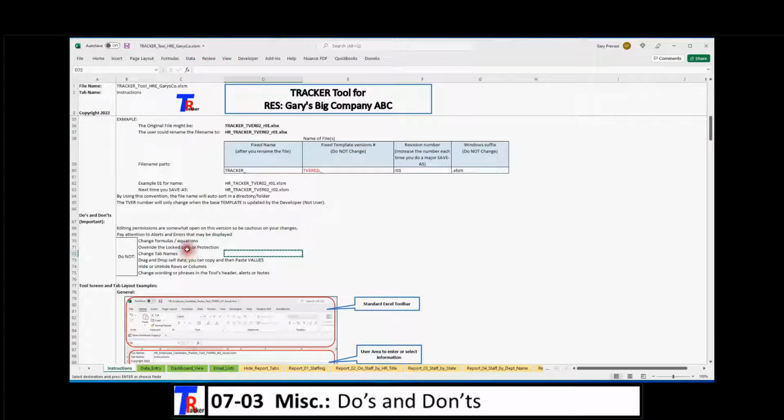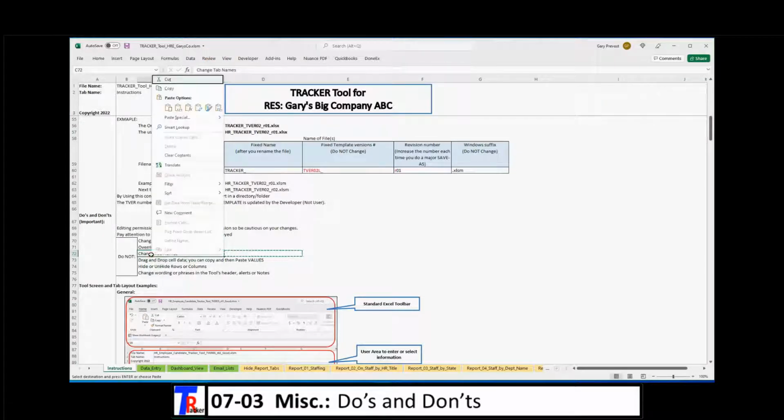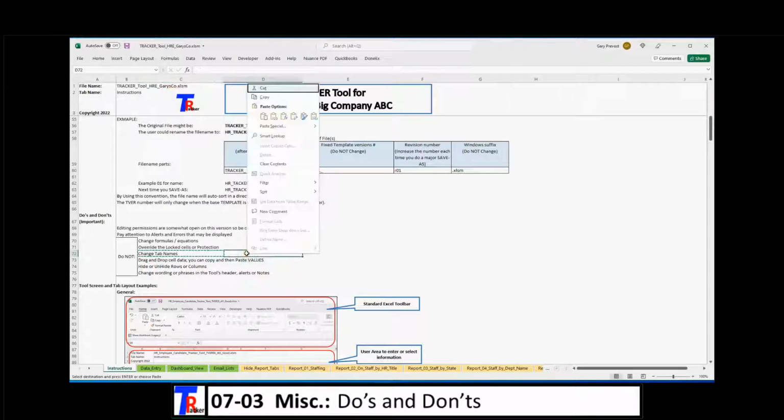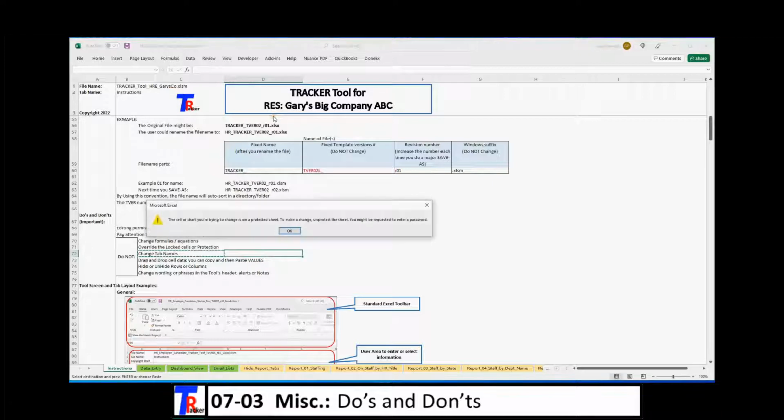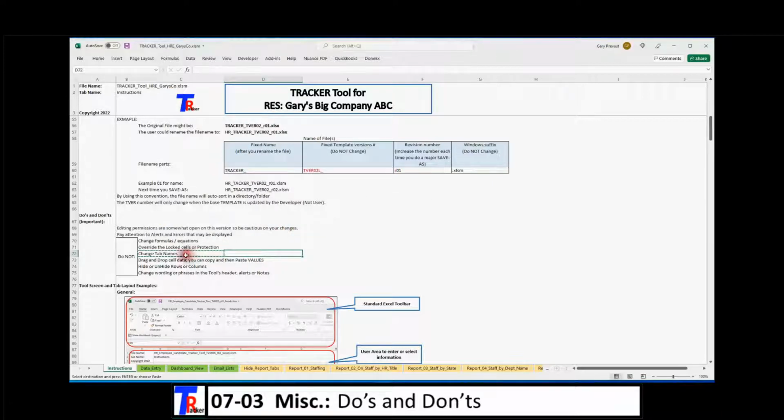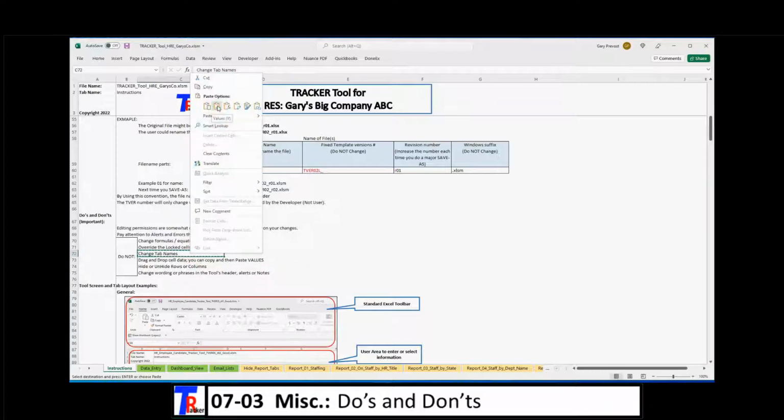Okay, let's try to copy something, see if I can show you an example. We'll copy this and see if it may not let us paste it in, but you want to do the paste values. Okay, we're going to get an error because it's locked. But if you need to do multiple copies, you can copy, if the cell will let you, copy the cell,